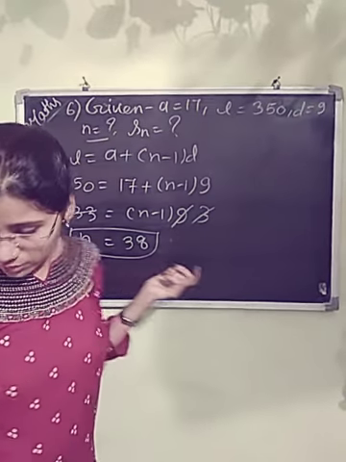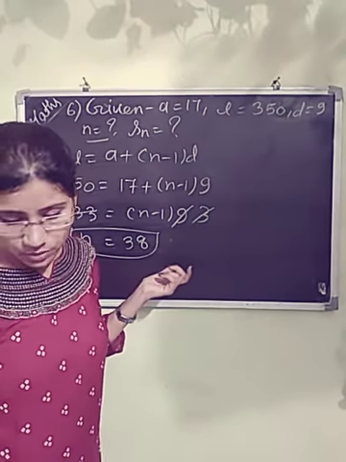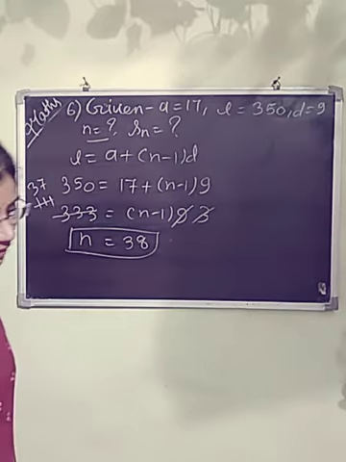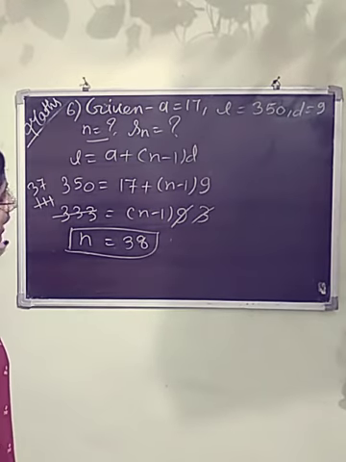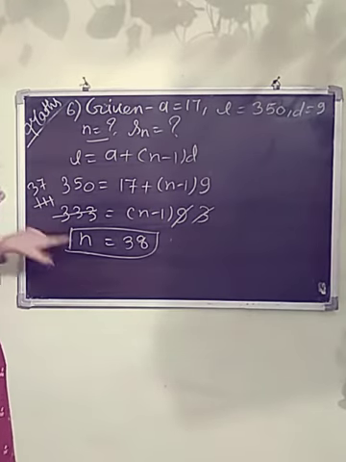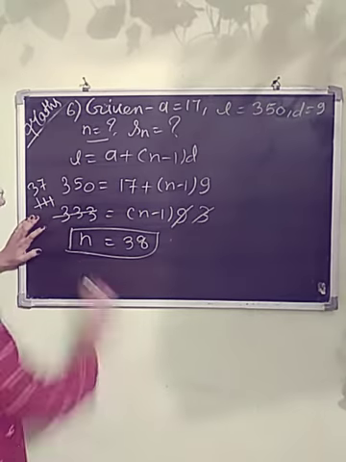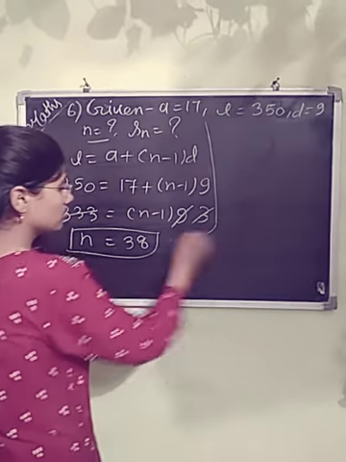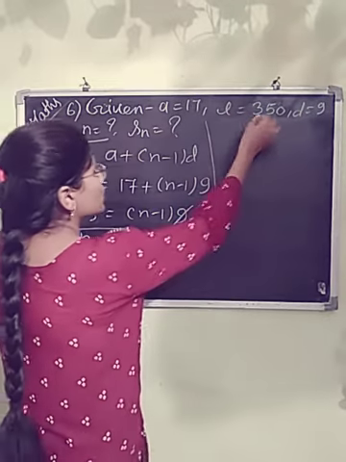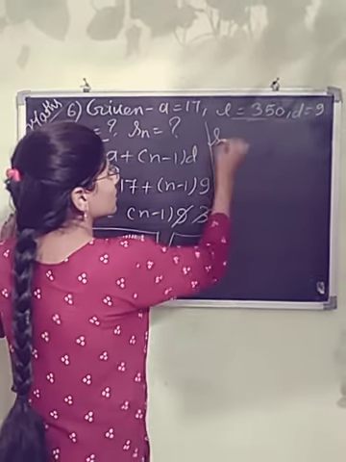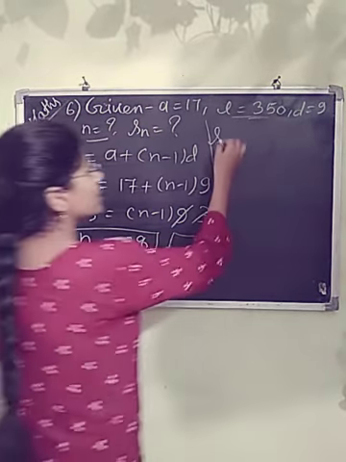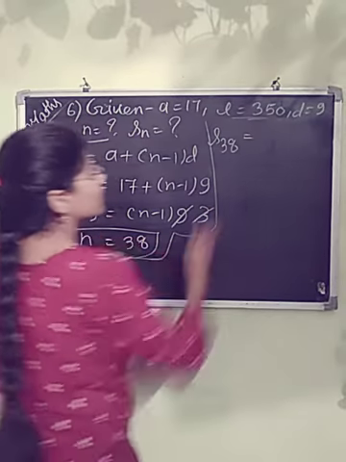So the value of, okay, two things we need to find out over here. The value of N is 38, and the next thing is Sn. Okay, so Sn, directly use the value as the last term is given. Sn, now the value of N is 38, so as 38 I'm going to write.